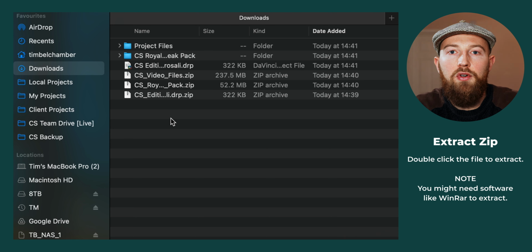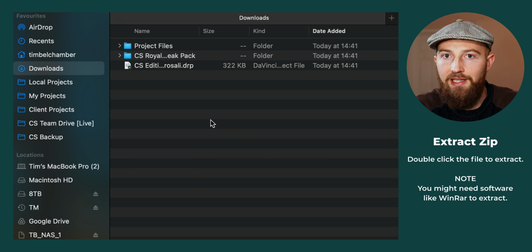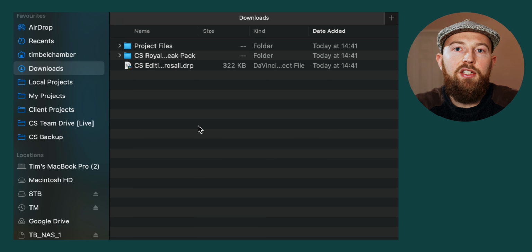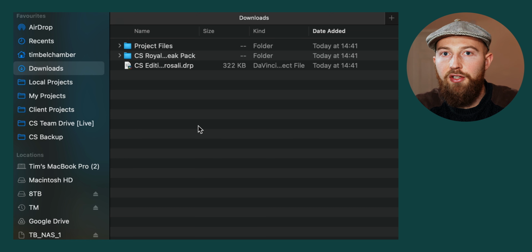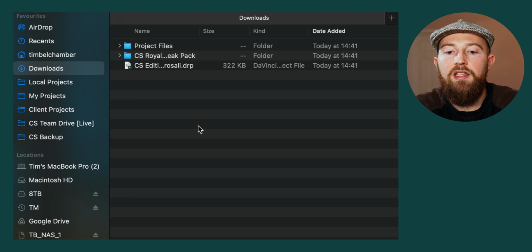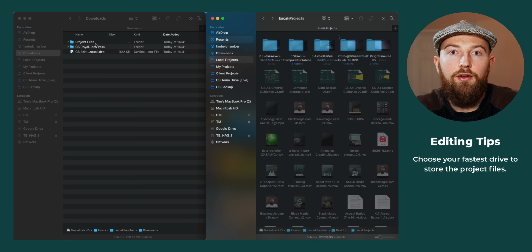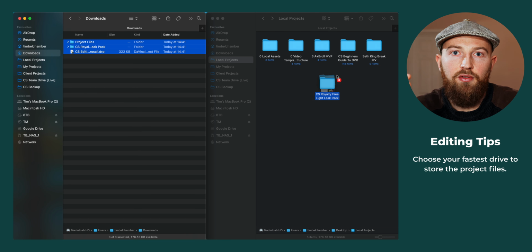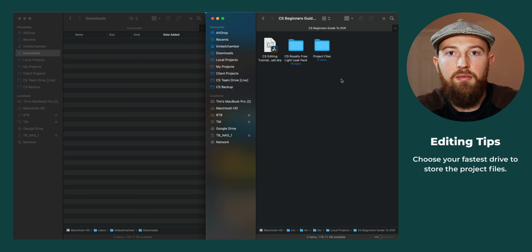Once you've extracted those zip files and you have the uncompressed media, you can delete the zip files. We're not going to need them anymore. It's then best practice to create a project folder where you're managing all your media. This is something that we've covered throughout Creative Shortcut, so I just assume that you're sorted out for this by now. I personally am going to throw this in my local projects drive. That's on the SSD on my laptop, which is extremely fast, which, as you know from the digital efficiency section,